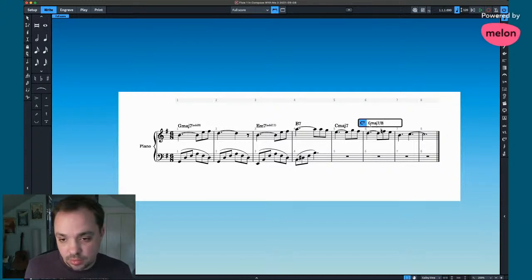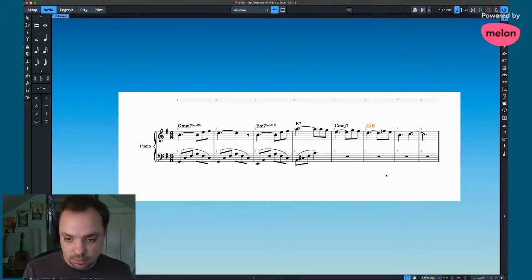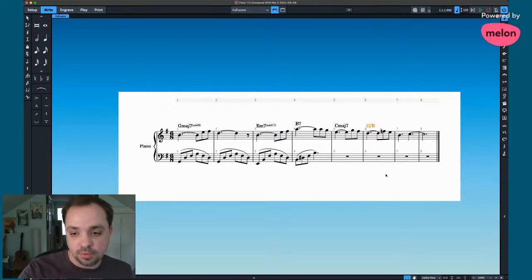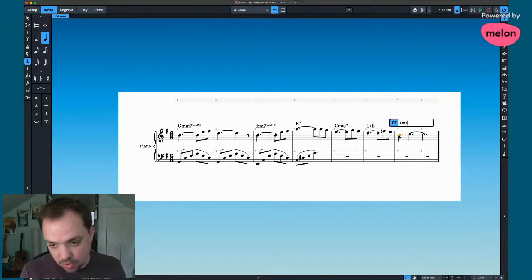Maybe we don't need to imply the major 7. Or don't need to explicitly state the major 7. It's kind of implied, but it depends how traditional I want to go, because I could do the 2-5 here. I do like going on the A minor here. A minor, probably A minor 7.